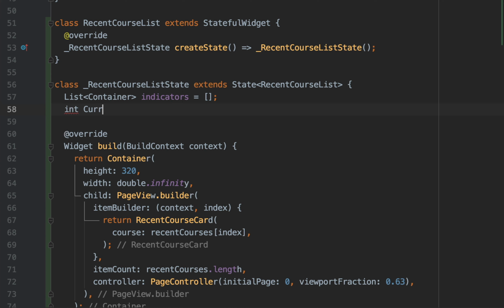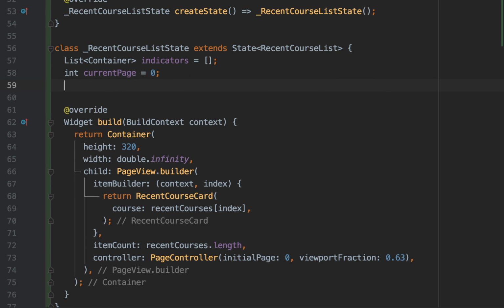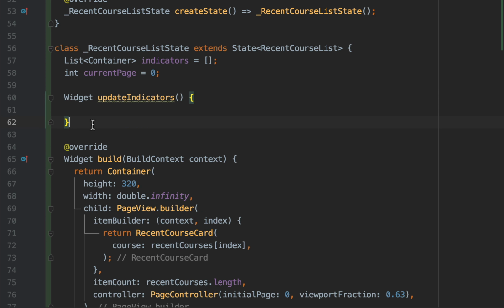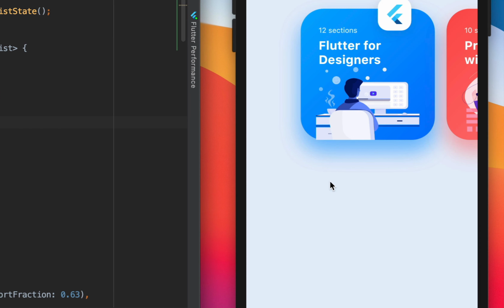And then I'll provide an integer named current page whose default value will be 0. Now I'm going to create a new function that will return a widget. Let's call this update indicators. I'll add a set of parentheses, add a set of curly brackets, press enter. What I want this function to do is to return a widget, and that widget will be placed along the